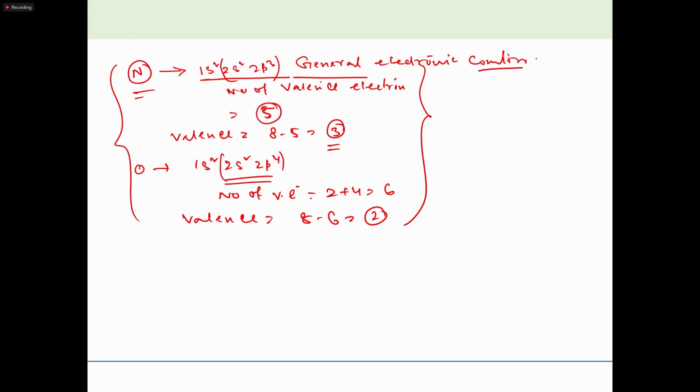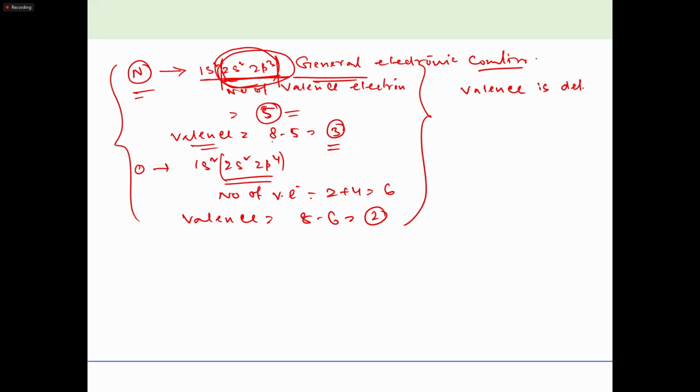Electronic configuration. So from that, you first have to decide, okay, this is the valence shell. So in this valence shell, how many electrons are present? 5. So the valence is equal to 8 minus 5, equal to 3. Now, nowadays, actually, this valence